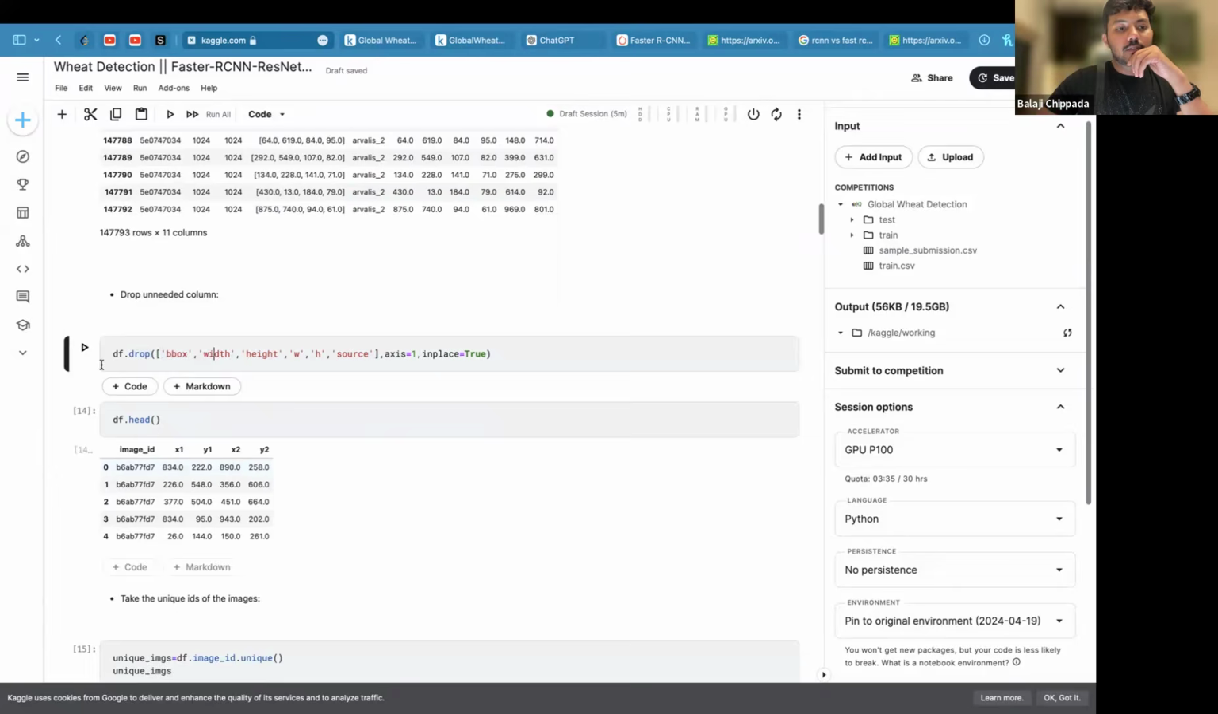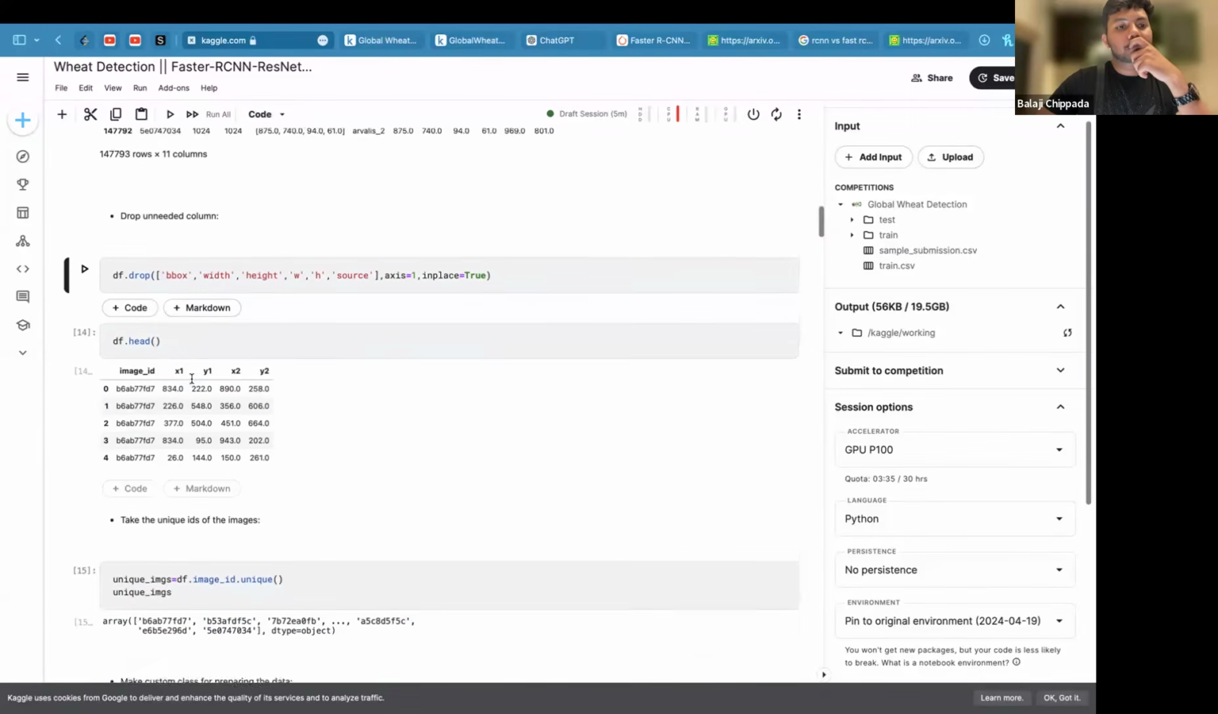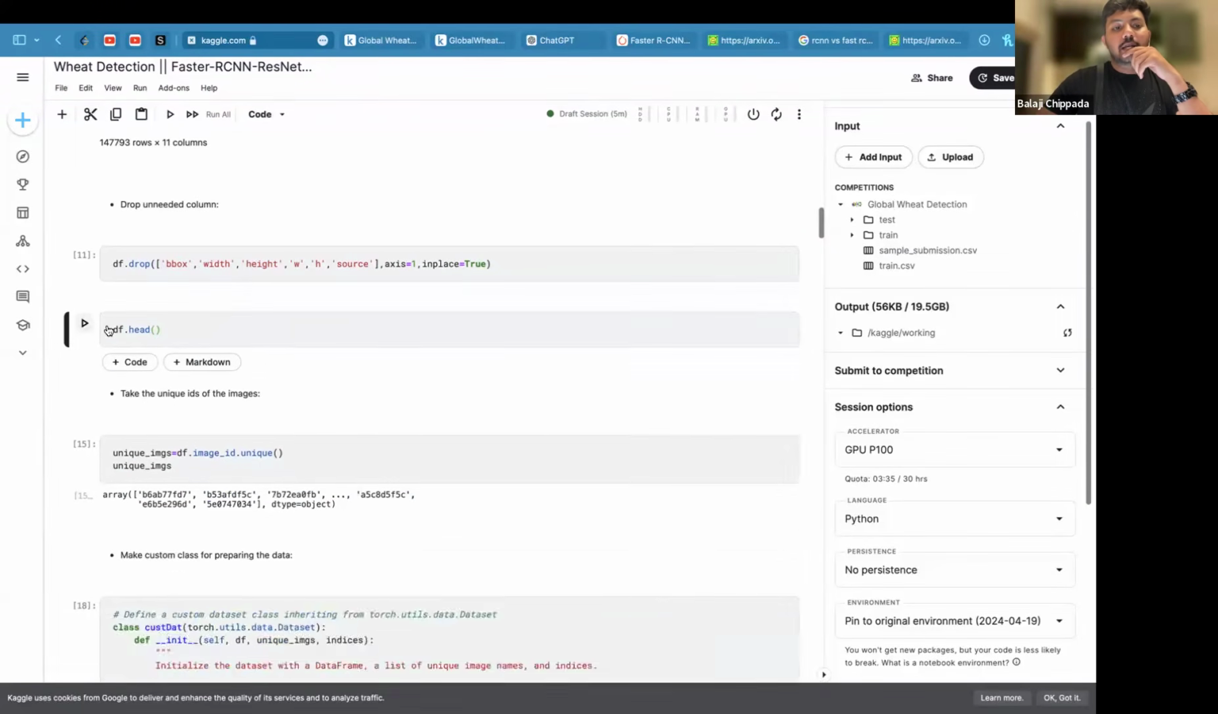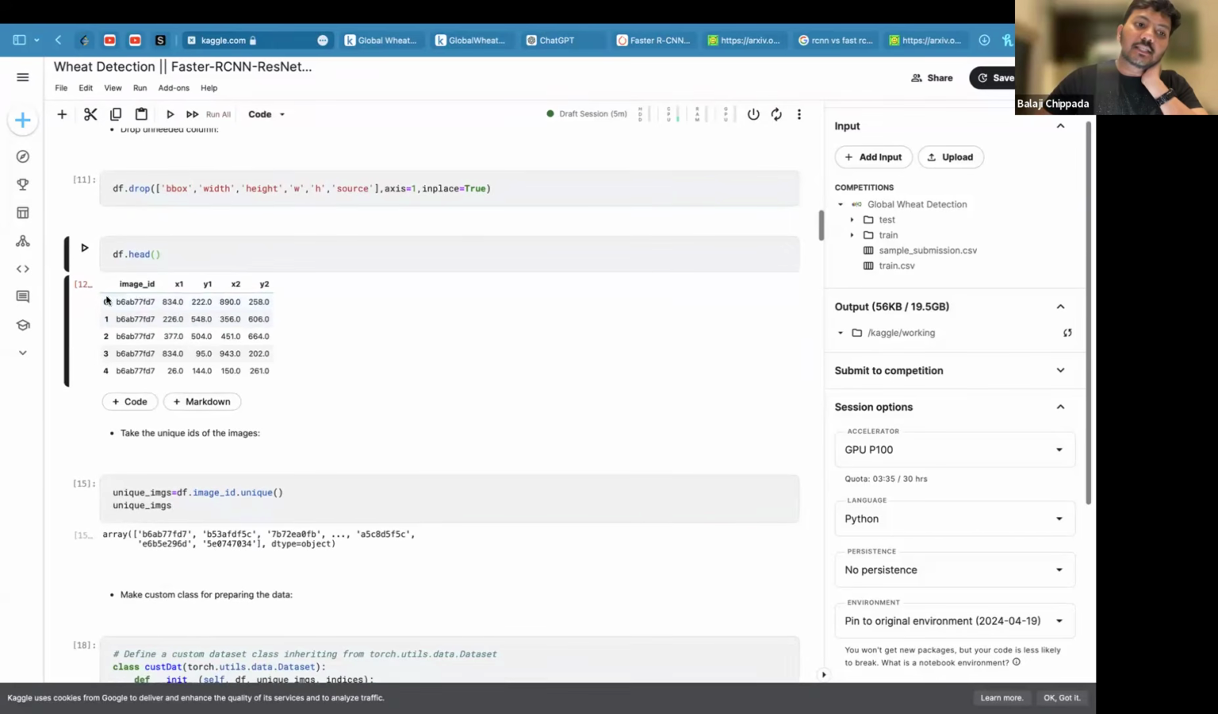So let me execute here and then df.head. So this is my final data set in which I have my image ID, my x1 coordinate, y1 coordinate, x2 coordinate, and y2 coordinate, ठीक है। Hopefully that is clear।